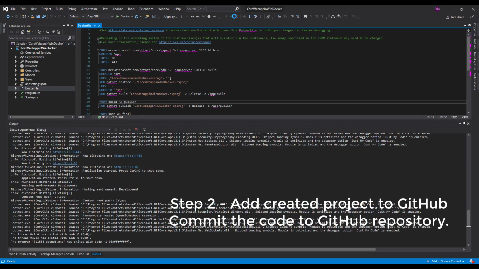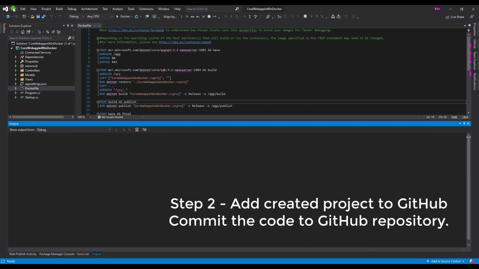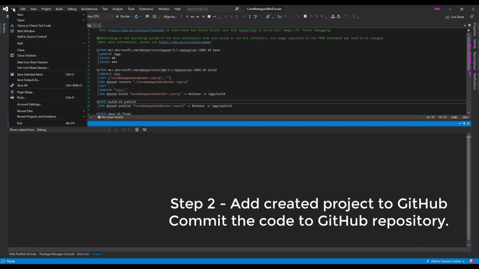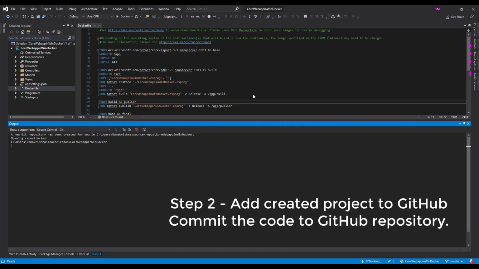Now we will add our application to GitHub. To do that, go to File and click on Add to Source Control. You can see after clicking Add to Source Control, we see lock icons.